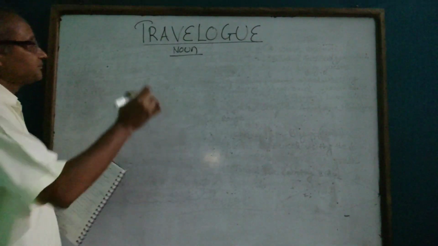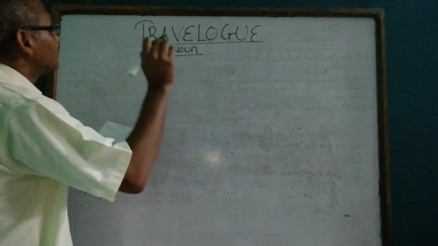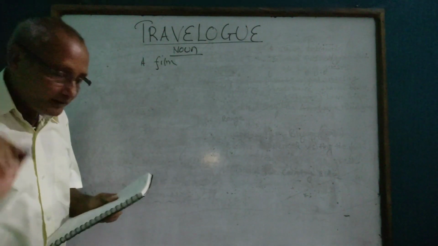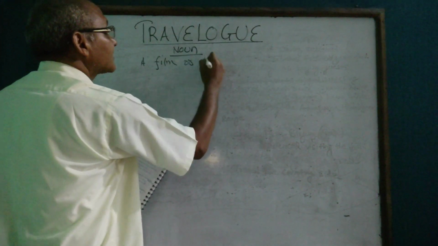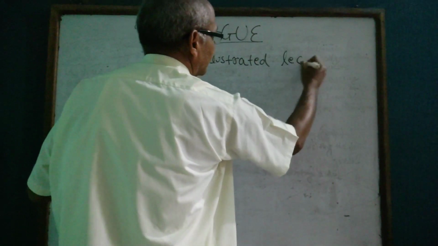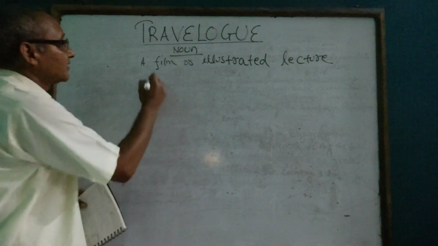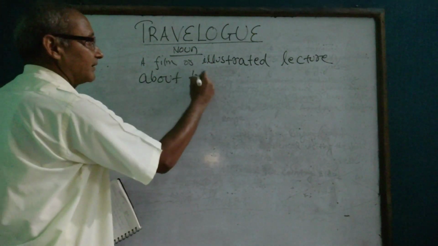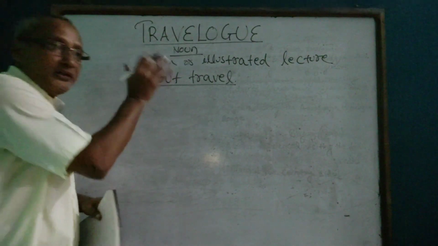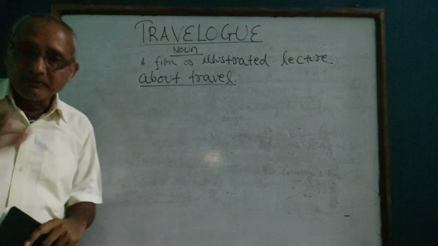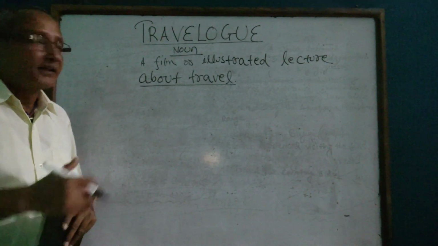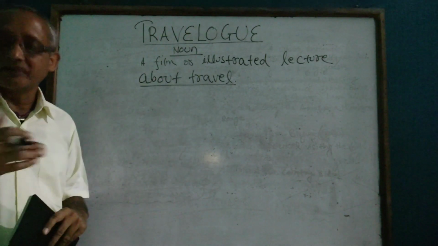So now let's see the meaning of the word travelogue. It could be a film, okay? It could be a film or an illustrated lecture about travel. Illustrated lecture about travel. So when we know this fact that travelogue is a noun and it has come from the word travel and it means a film or an illustrated lecture about travel,